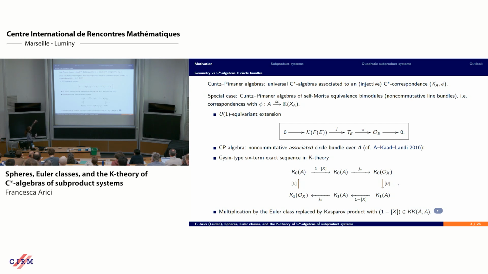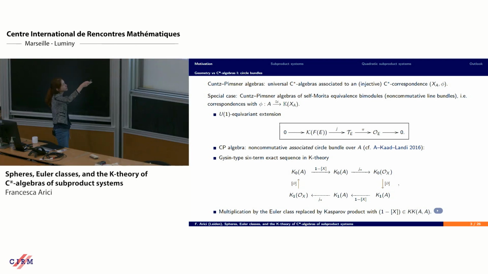So when you have a Cuntz-Pimsner algebra, these are defined as universal C-star algebras associated to a C-star correspondence. When your C-star correspondence comes from a non-commutative line bundle, or if you want, it's an invertible correspondence, then when you perform the Cuntz-Pimsner construction, you realize that the exact sequence in K-theory that the Cuntz-Pimsner extension induces actually agrees with something known from